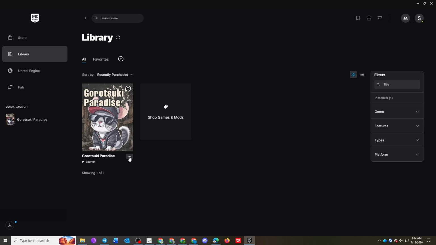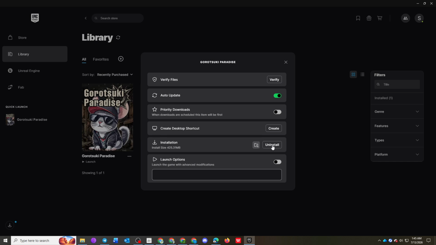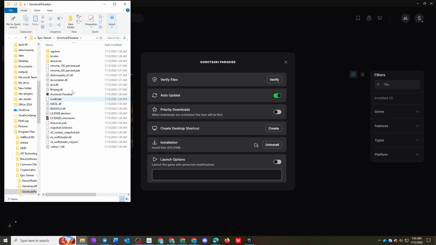This opens a menu containing several management options for that specific game. Carefully look through the available options until you see the folder icon located next to the uninstall option. Click the folder icon, and the Epic Games Launcher will automatically open File Explorer and take you directly to the game's installation folder. You can now browse through the game's files and folders without having to manually search your computer